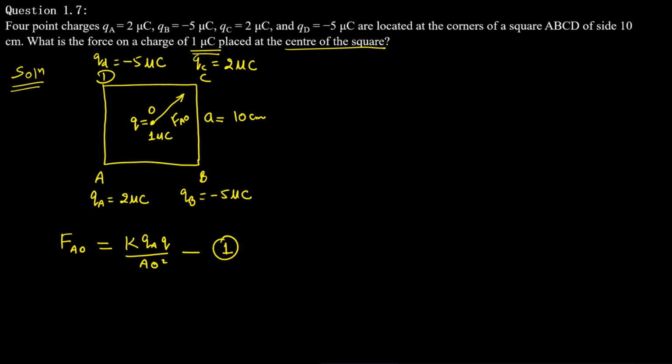Same way, the force on this Q, because of the QC, it is going to be towards A, right? This will be force on O due to C. Here also it is O and then A. So magnitude of force OC will be equal to OA, but the direction of this force on O due to C is opposite to that of force on O due to A. I hope this second equation is clear.